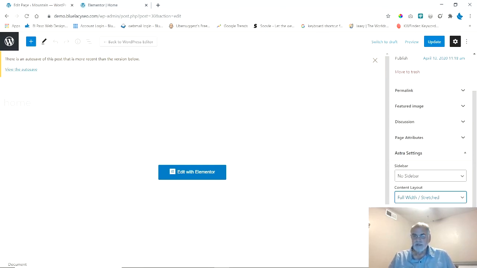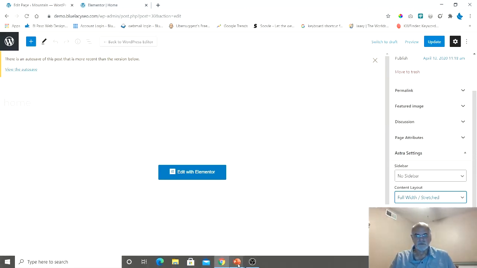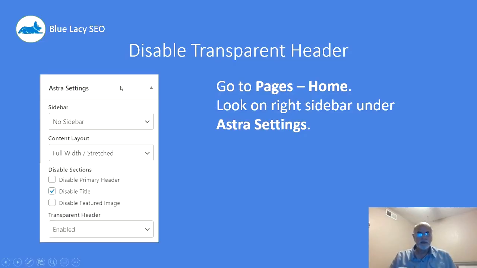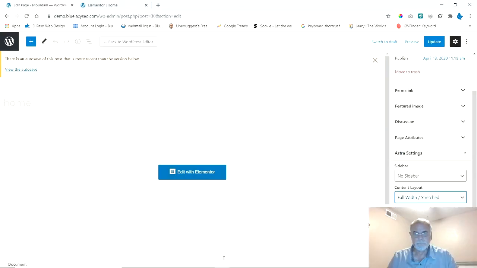Now here we get down to the bottom, and you may not be able to see this, so let me go to another screen. At the bottom of that screen, under Astra settings, we have a place that says transparent header, and it's on enabled. Now if we change that to disabled, then that's going to disable it. So let's go back over there. If we disable it and update it,